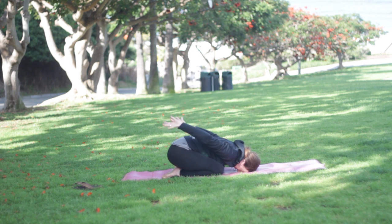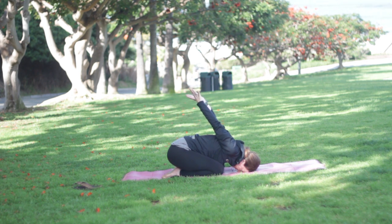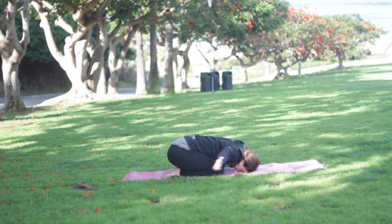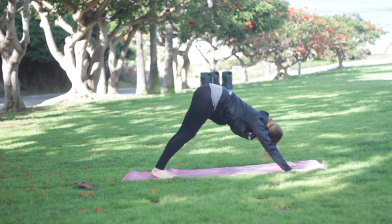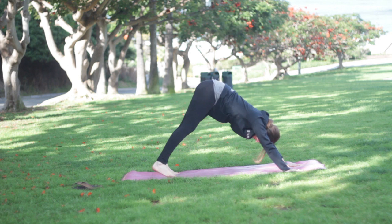And then sweep the hands again, hook the other thumb. Exhale, lift the arms up. So again, reaching up. Stay nice and long through the spine, but lifting the hands to stretch the shoulders. And release. Reach your arms forward again. Come up onto your knees and tuck your toes under, stretching back into downward facing dog, and then take your